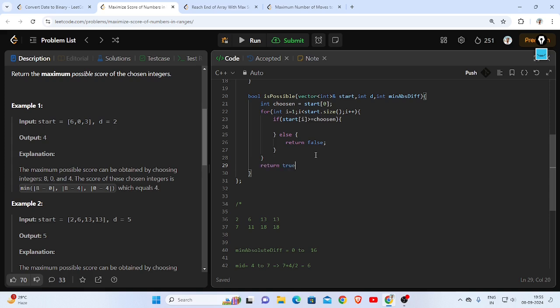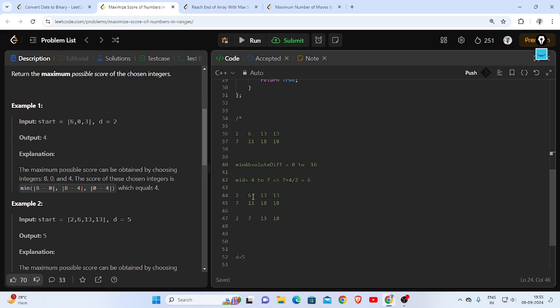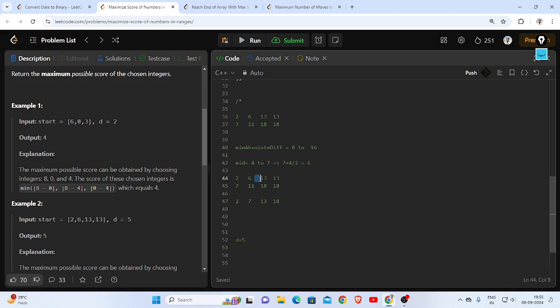Otherwise, at this point return true. At this point, chosen will be minimum of either chosen or start of I. This is the whole thing that we are doing. So for example, if I get 12 at this point,